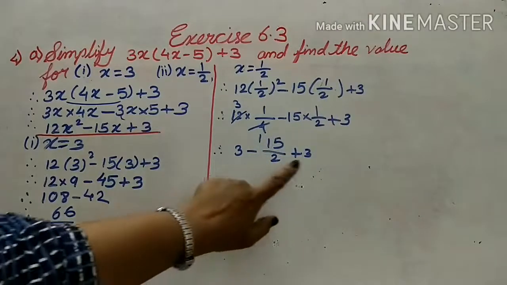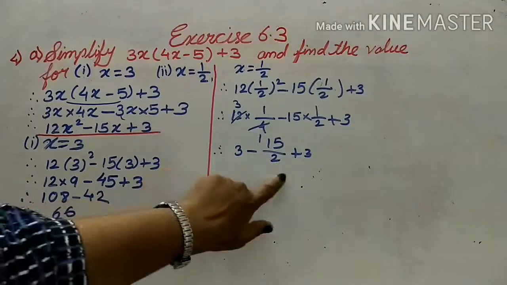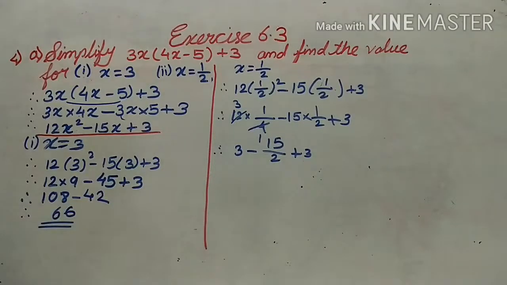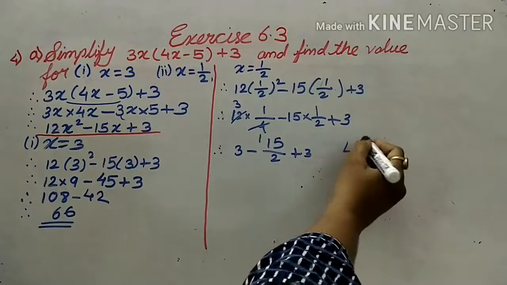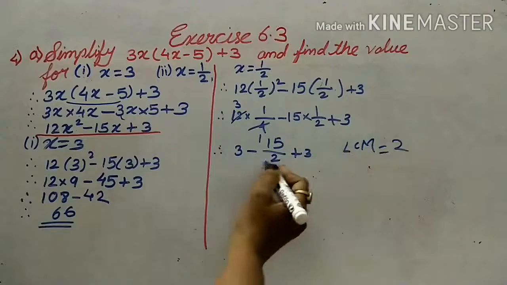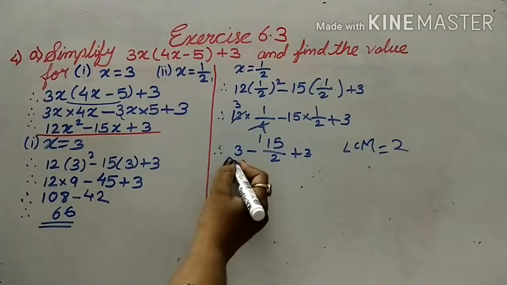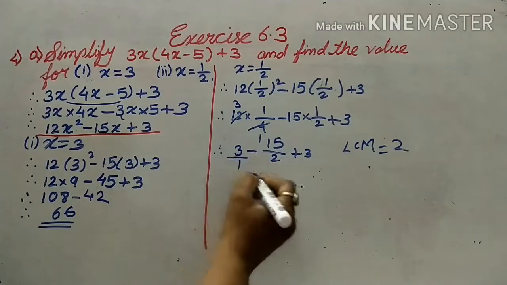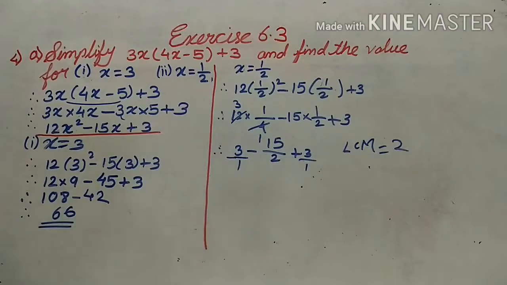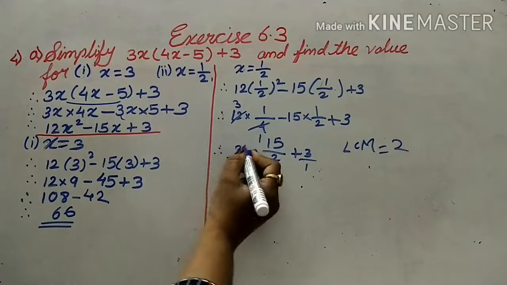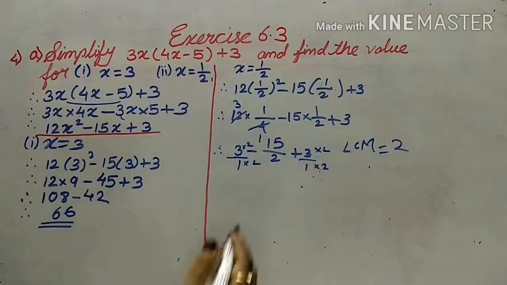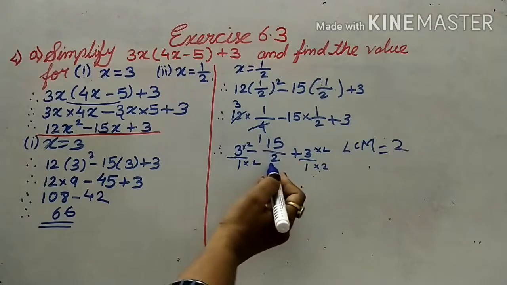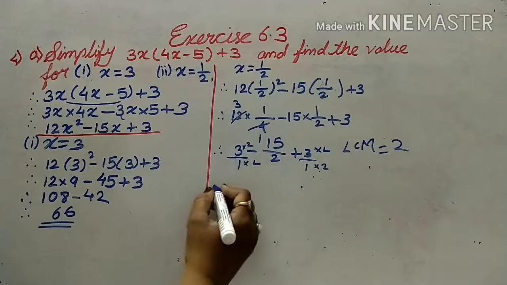Now here you cannot perform addition or subtraction because the denominators are not like. So what we have to do? We have to find here LCM. Then we'll get the LCM is here 2. Yes, if there is no number to the denominator, always we have to consider it as 1. Now we have to multiply numerator and denominator with 2. Means here by 2, here by 2. Similarly, here by 2, here 2. Here no need to multiply any number because already the denominator 2 is available.